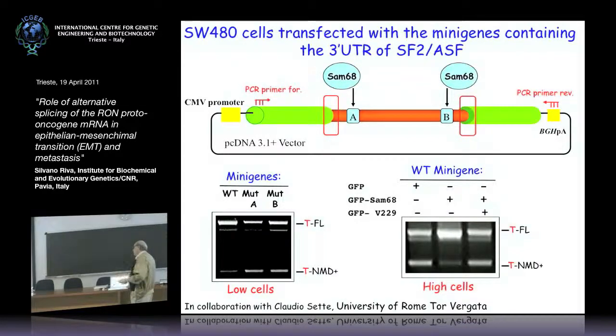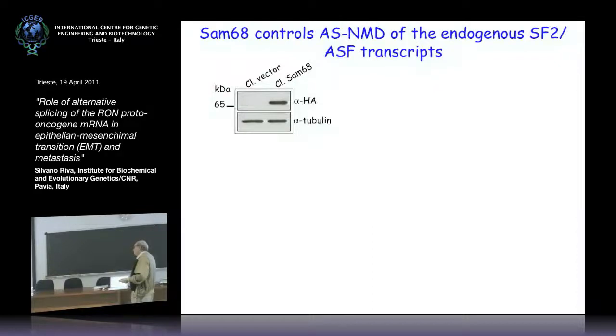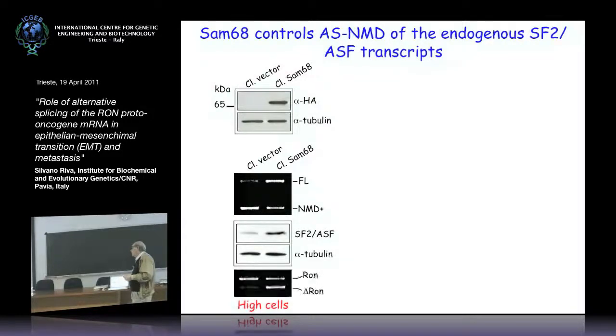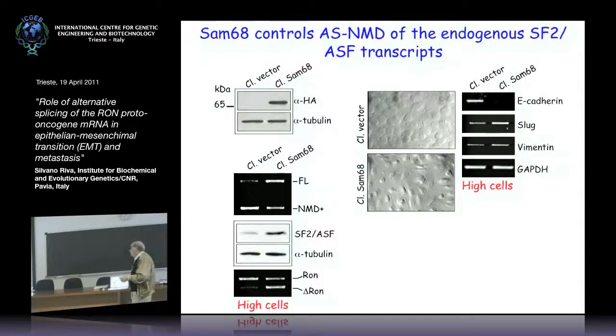Okay, so what happens is that SAM68 controls the nonsense-mediated decay of the ASF/SF2 mRNA, and cells that overproduce SAM68, like this, see, they are spindle-shaped, and they have the features of mesenchymal cells,